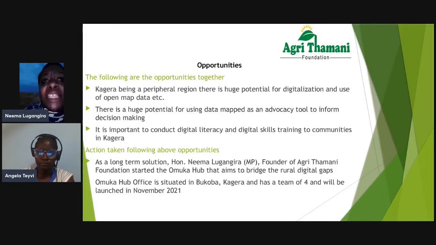And this has been inspired by Agri Thamani and my participation in this data mapping project, to see there is something that we can do to make our region take advantage of the technological opportunities, but also ensure that our region isn't left behind, be it through digital, government budgets, government plans, etc. And having data, having mappers in place would be a great advantage to the region.